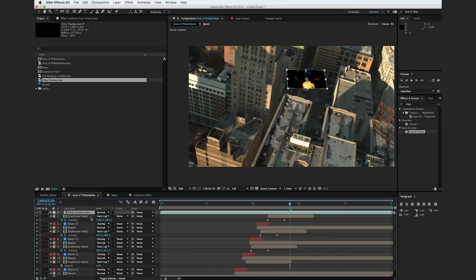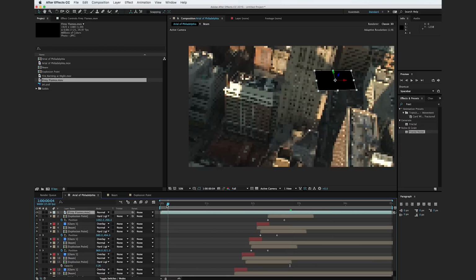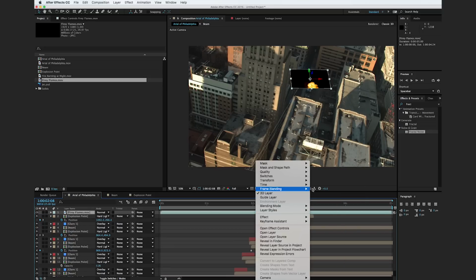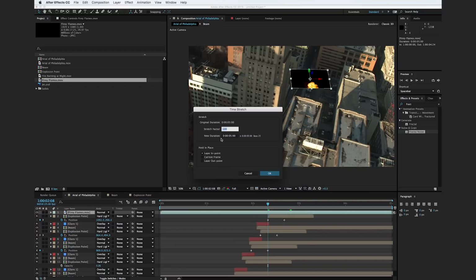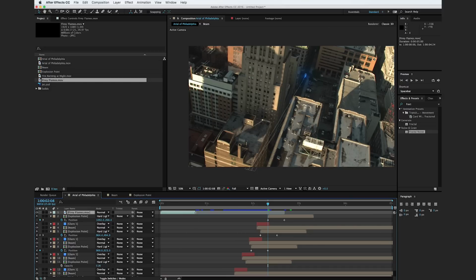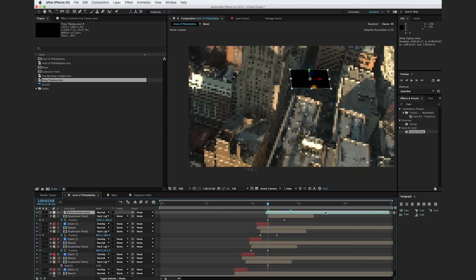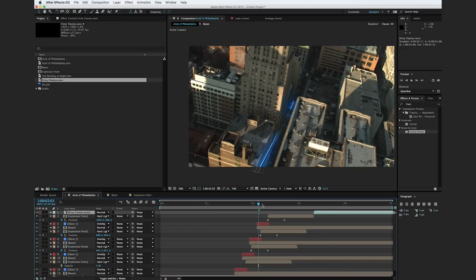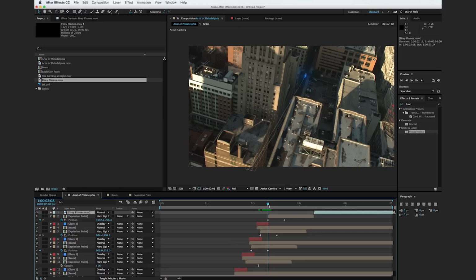And what we want to do is make it go faster. The footage is actually in slow-mo, which is cool, but it's not necessarily useful for our real-time effect. So to do that, I'm going to right-click and go to Time Stretch, and we'll change the stretch factor to 15%. So it's going to go about 6 times faster than the normal speed. And if we drag out the endpoint here, we can see that we can get our footage to where it starts exactly at the point of impact. So maybe right about here,